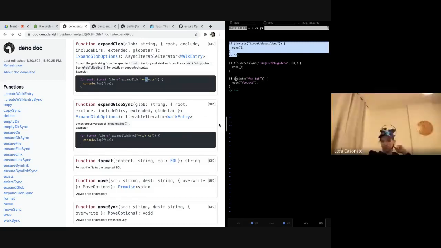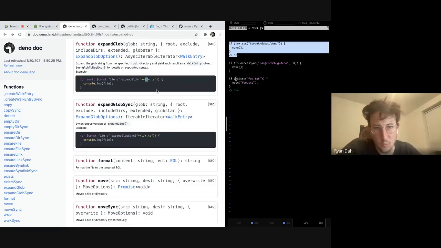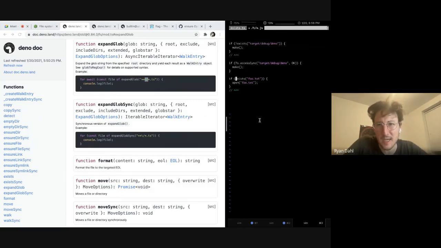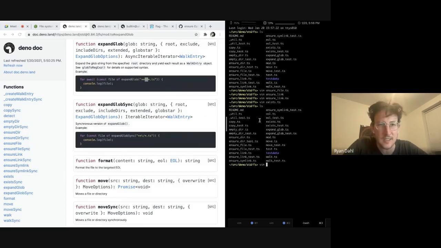No, sorry, I was just going to keep complaining. I was just going to say if I were to use this function, I do */**.ts and it doesn't work. Maybe it does, but if it doesn't work, I would be very mad. It doesn't make any sense. I'm not sure what this backslash is about, and I suspect it might have something to do with the fact that this is written in JSDoc, and maybe somebody was trying to escape some